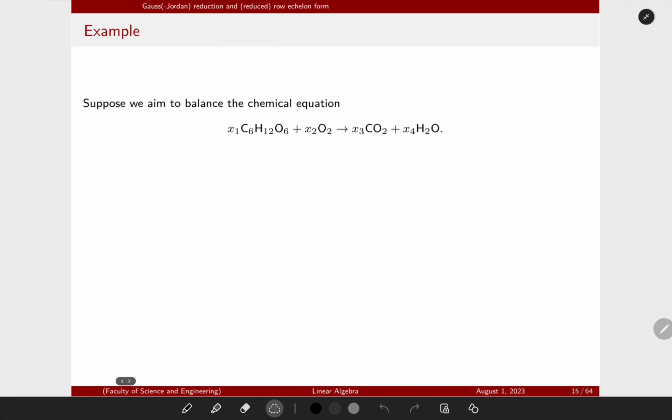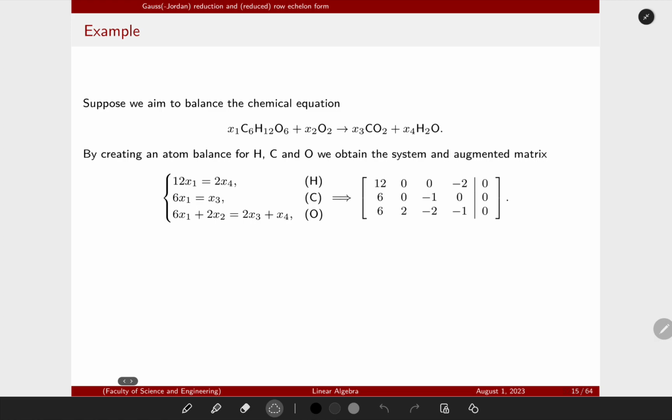Alright, so let's look at an application of Gauss-Jordan reduction. We're going to balance this chemical equation, which is the oxidation of glucose. So we have these molecules here: glucose, oxygen, carbon dioxide, and water. And the unknowns that we have are the coefficients in front of these molecules. So we set up an atom balance. So we look, for example, at